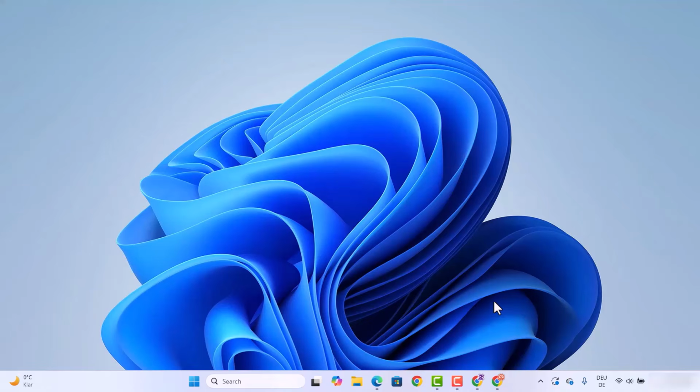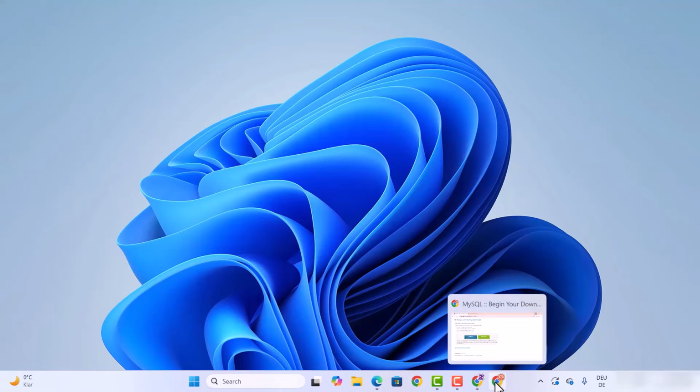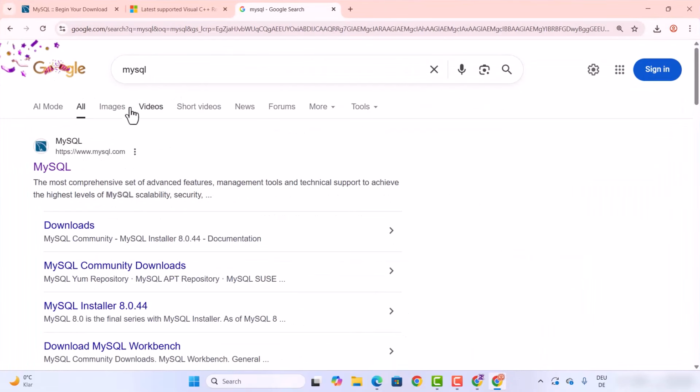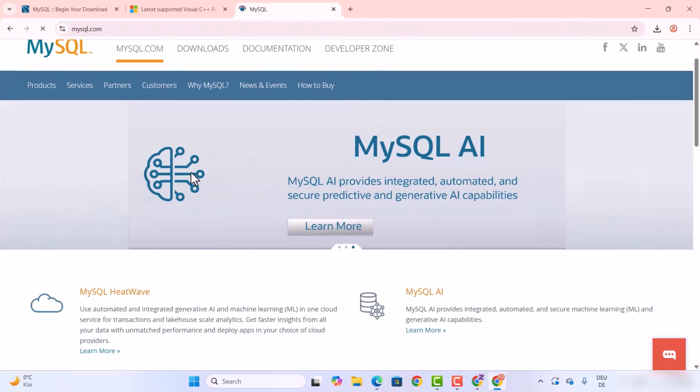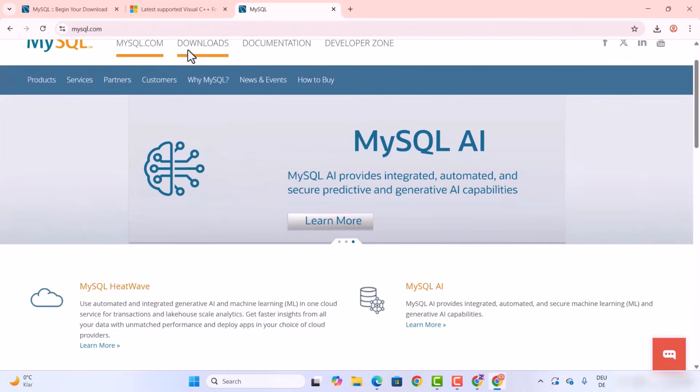Now, at this point, the MySQL server is already installed, but we need some kind of client to interact with our MySQL database. So, for that, we are going to install the MySQL Workbench. For that, go to your favorite browser and search for MySQL, and the first link which will appear here will be from mysql.com. So, we are going to click on this link and then click on download,